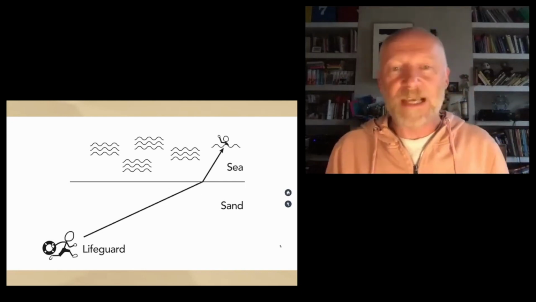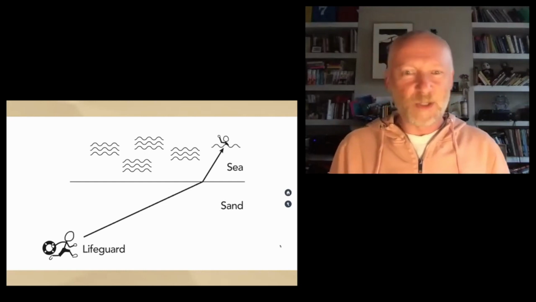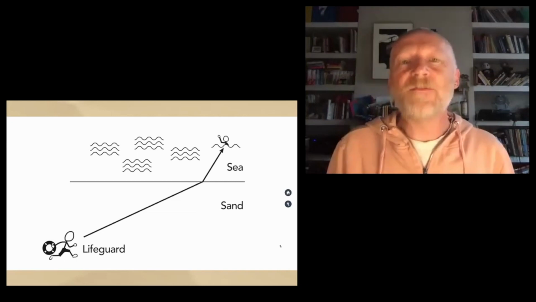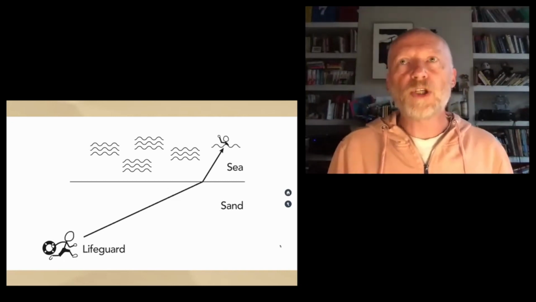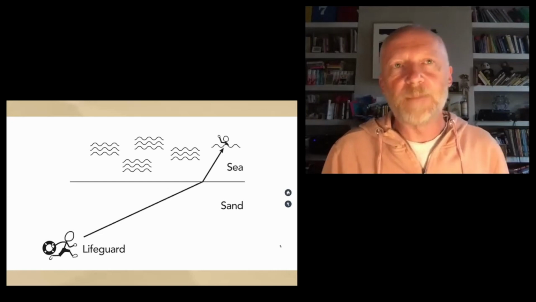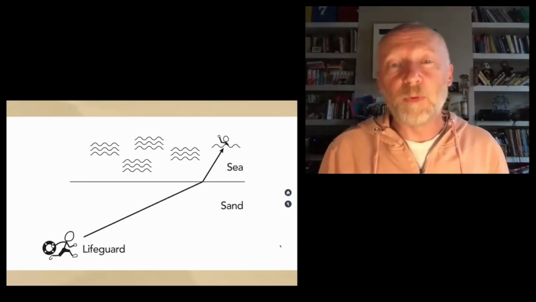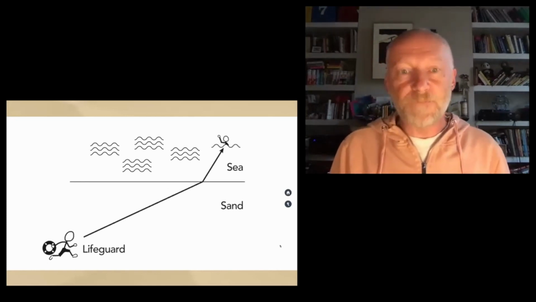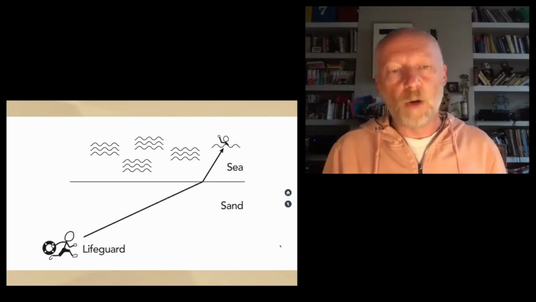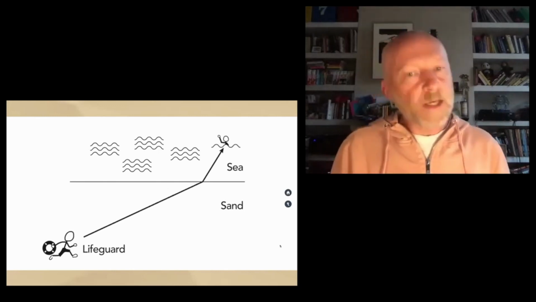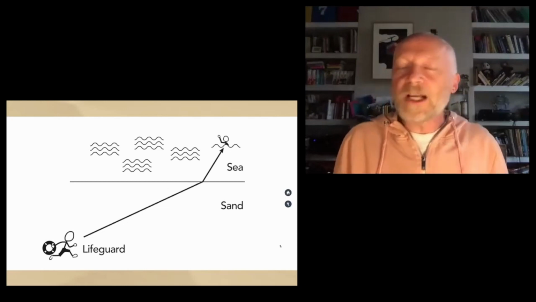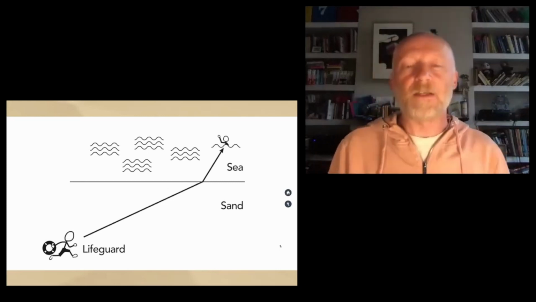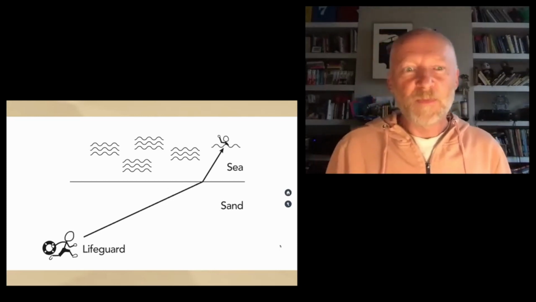Suppose we could set up two things which have the same speed as the lifeguard over the sand and the sea. But actually we have come up with this very clever tool which helps us to do what nature seems to do naturally. It's one of the tools that we came up with during Newton's age, the calculus. The calculus gives us a way of finding the minimal journey here from the lifeguard to the swimmer at sea. And it tells us with this very clever tool what the point is that we should enter the sea in order to get to the swimmer as quickly as possible.